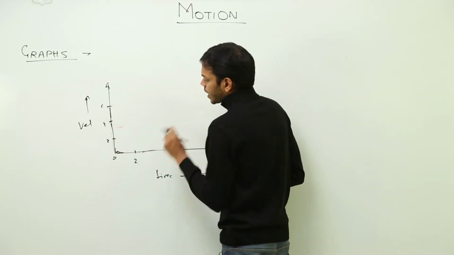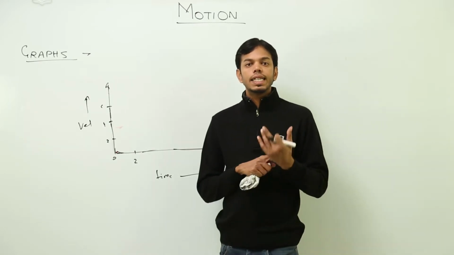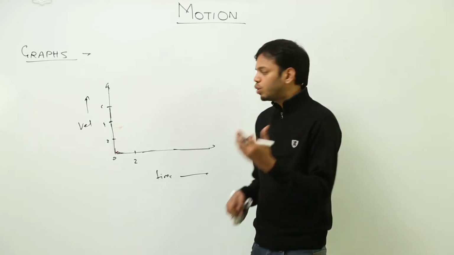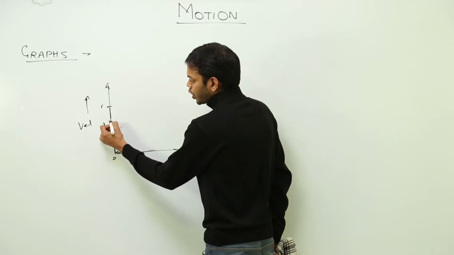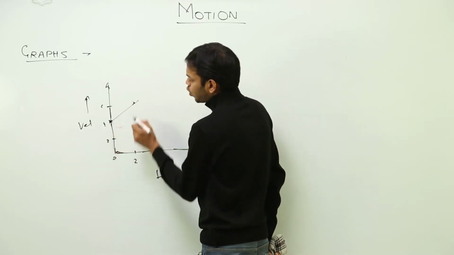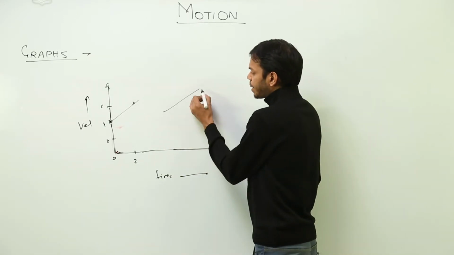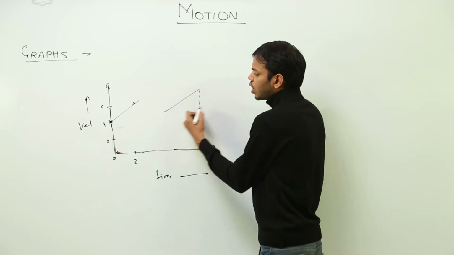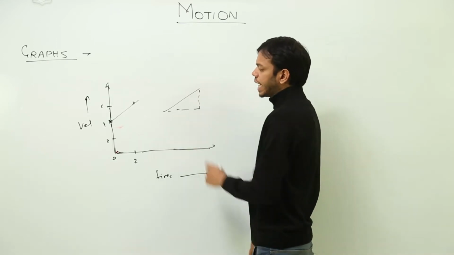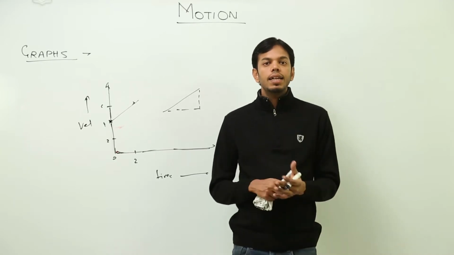Now I want to represent a graph where an object has increased its speed from 4 to 6 in 2 seconds. So at t equal to 0 it is at 4, at t equal to 2 it is at 6, and the graph would go like this. So this kind of line, when there is a slant, means there is a change in the value of speed with respect to time, that means the object is changing its velocity,